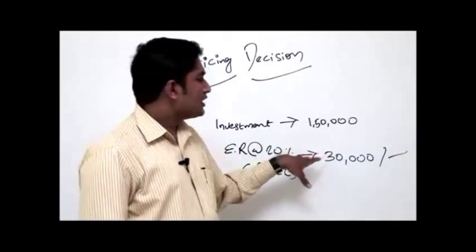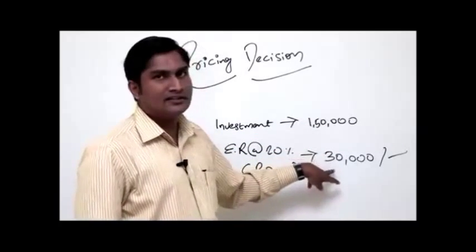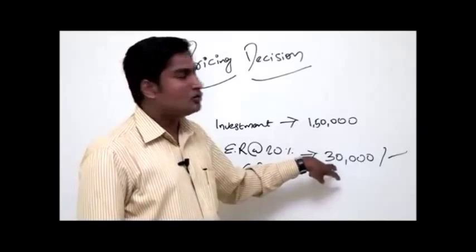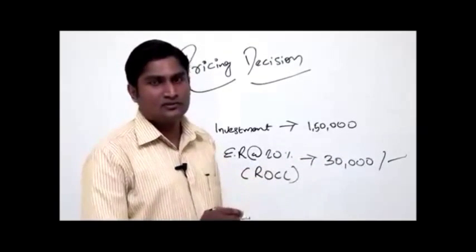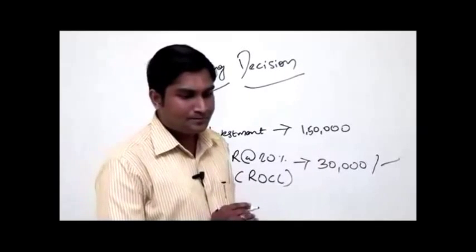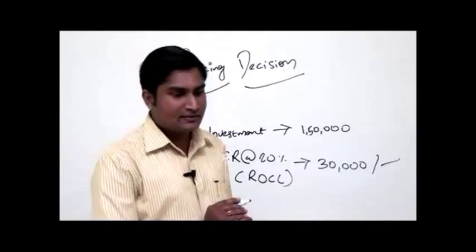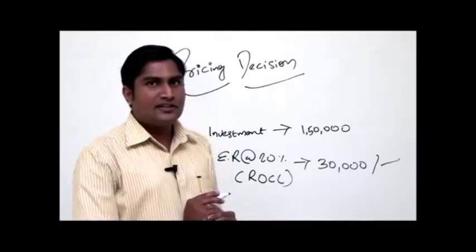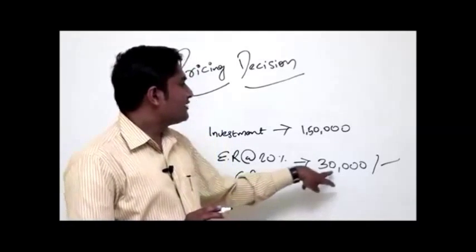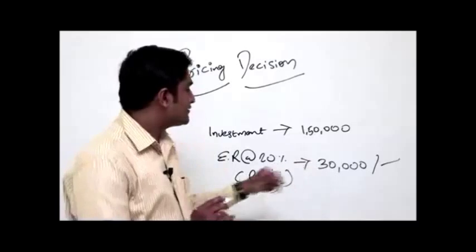So the question is, how much price should be charged in order to get a profit of rupees 30,000? Here the prevailing tax rate is around 40%, and this must be the after tax profit. So after tax profit, that is